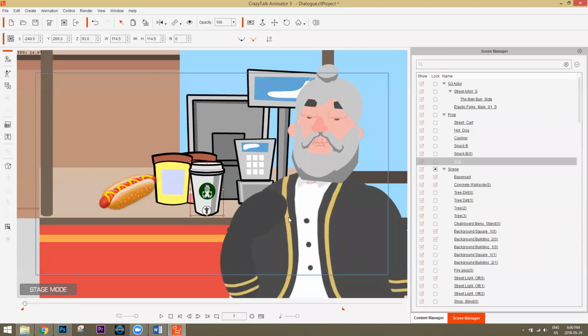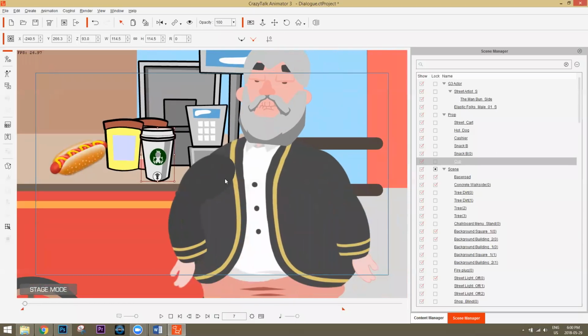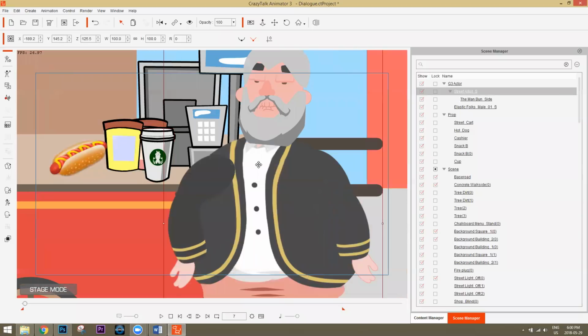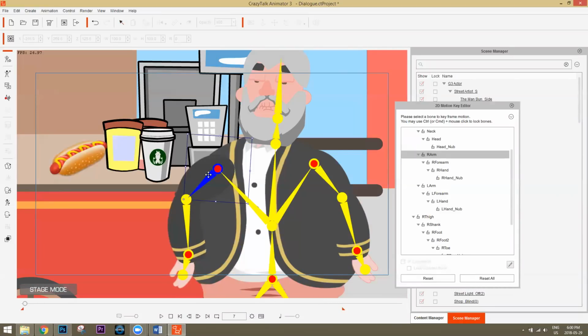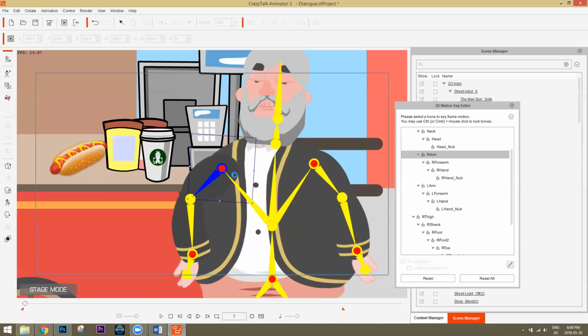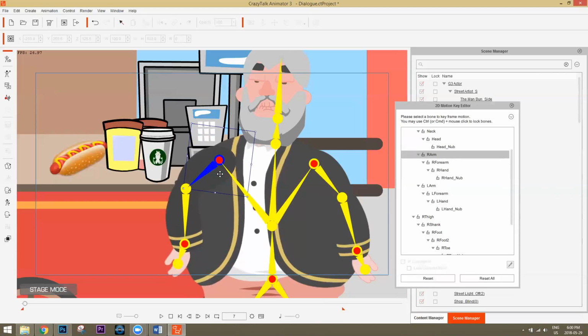Now, this character is a fairly bad example, because this arm is not supposed to be this dark. It should be more monochrome, more like the same shade as this arm right here. Since it's darker, it's a lot more noticeable. What you could do here is go into your motion key editor for the body and take this arm and move it slightly over. But you can see that stretches out the body as well. You can rotate it, but you're kind of stuck with this in this particular case.